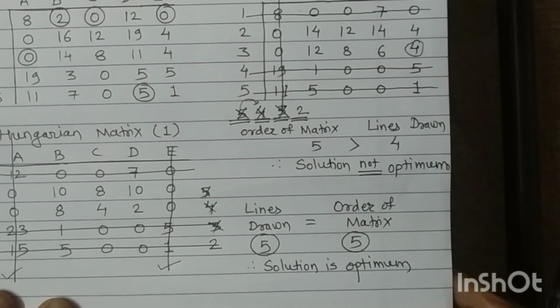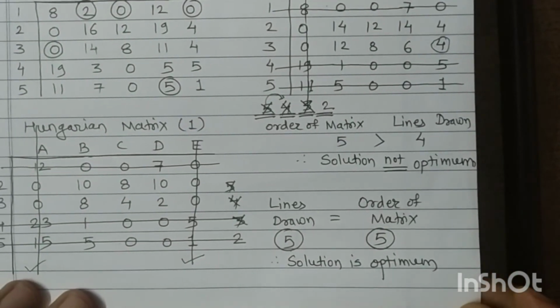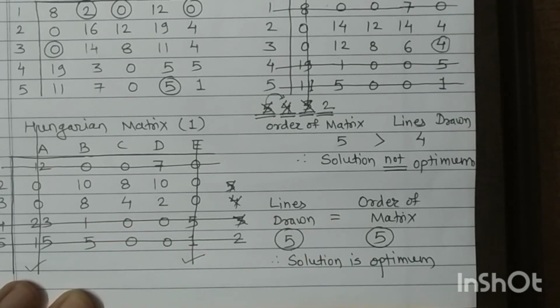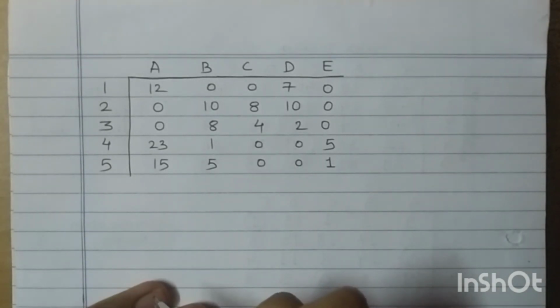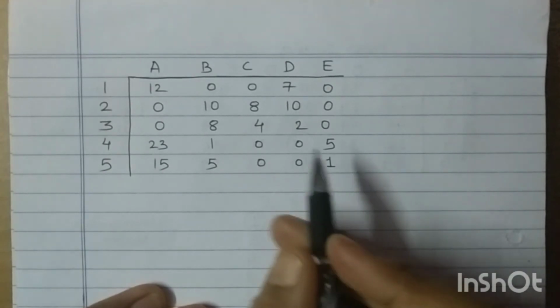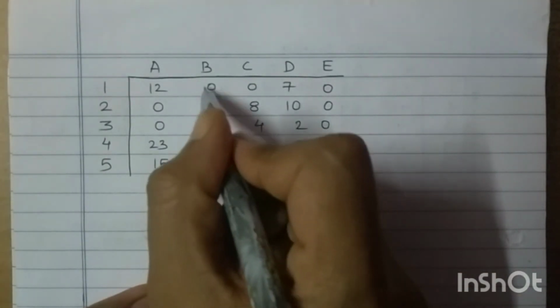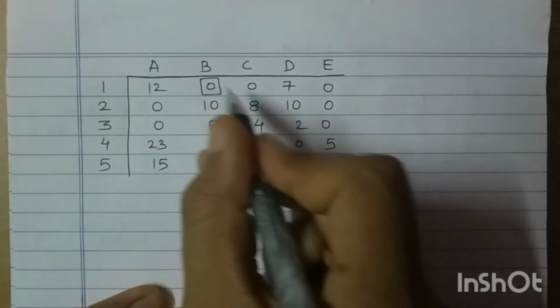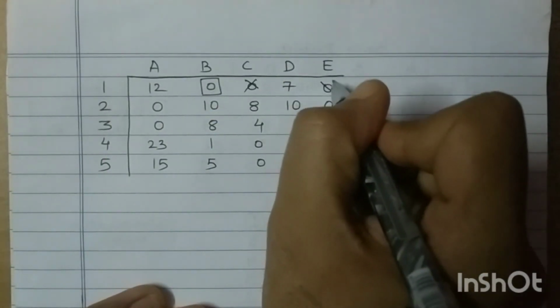After we got the optimum solution, I will rewrite this entire matrix and the next step is I will capture zeros. So this is our optimum matrix. Now we will search for alone zeros. Can you find alone zeros? Check each row and each column. So in the second column, this zero is alone. So I will capture this zero. Once I capture this zero, along with the row and along with the column, all zeros are permanently deleted.